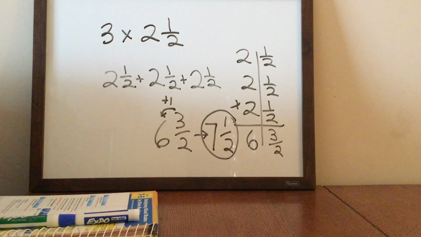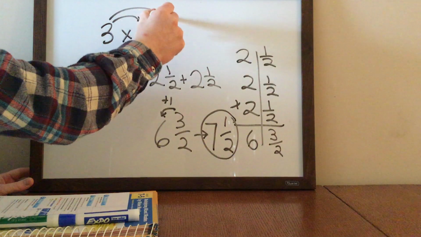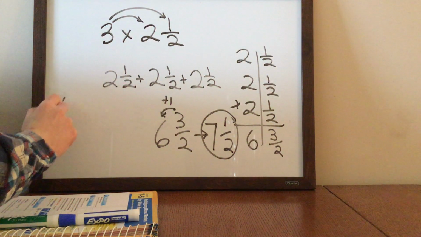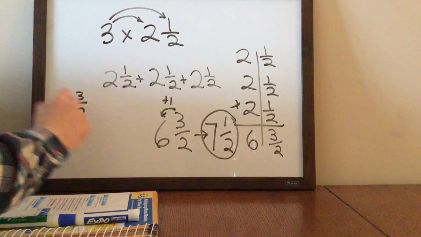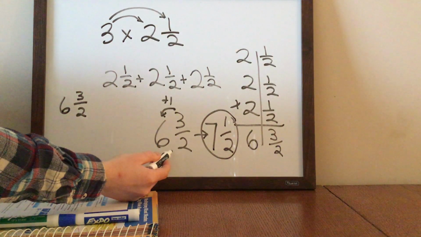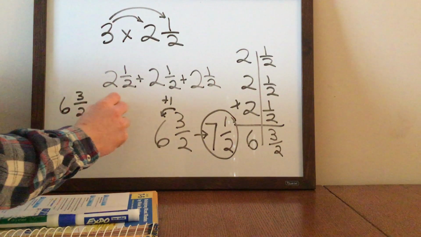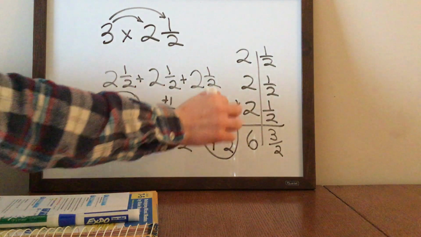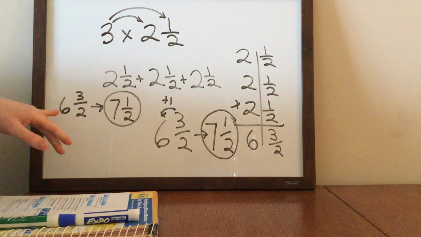Now there's also a different way besides doing repeated addition. We could multiply 3 by each one of these. So if we take 3 by 2 and 3 by 1/2, let's see what we get. 3 times 2 is 6. 3 times 1/2 is 3 halves. And that gets what we had here, 6 and 3 halves. So all we have to do is regroup this like we just practiced, which would be 7 and 1/2. So that is another way to get the same answer. You can either add them, just make sure you stack them up and add them properly,